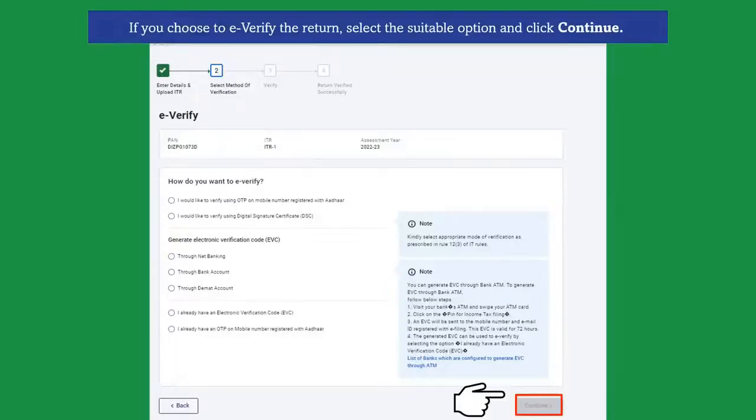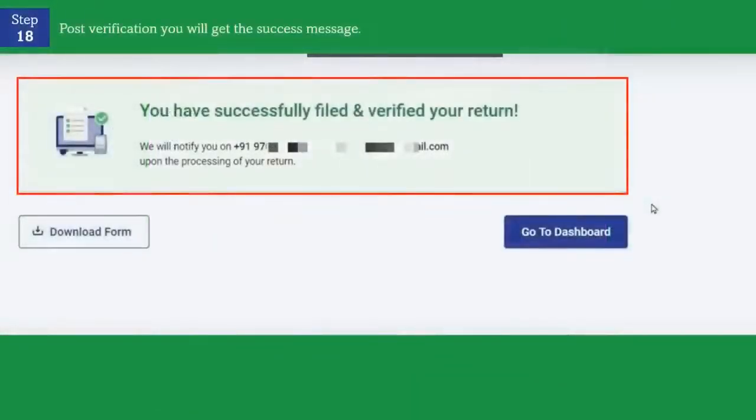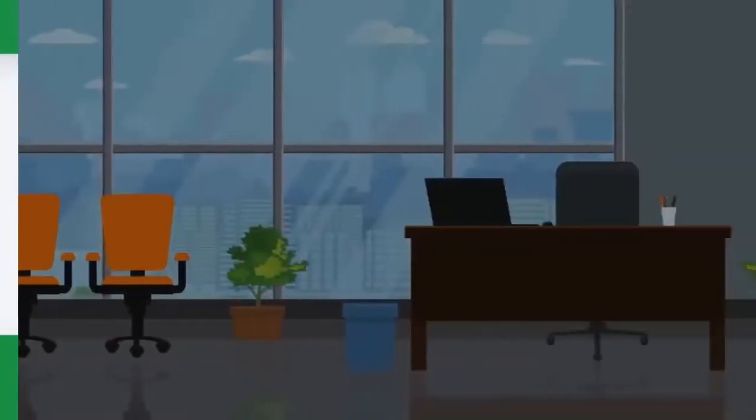In case you already have an e-verification code or in case you already have an OTP on mobile number which is registered with Aadhaar, you can click on Continue button. Post verification, you will get a success message that you have successfully filed and verified your return. Filing of return through online as well as